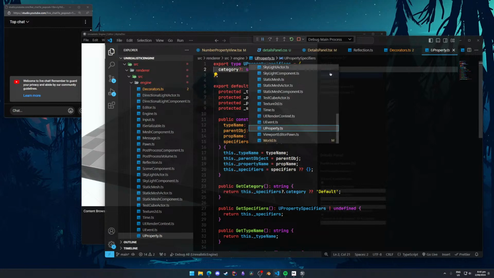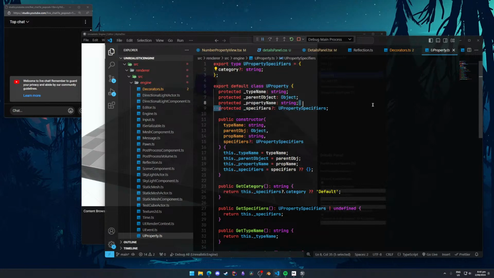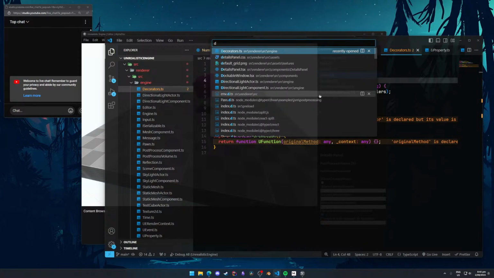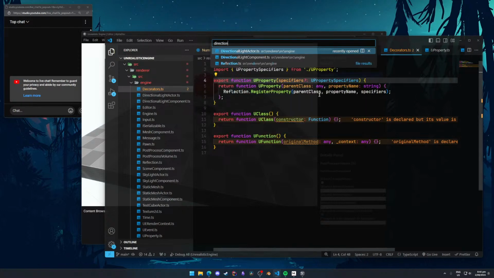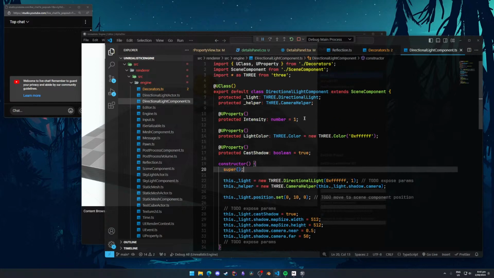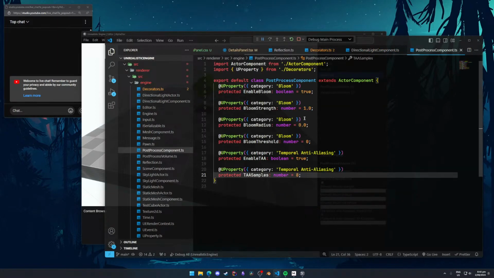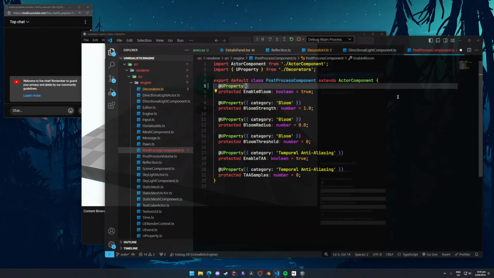So yeah, now it supports these specifiers on the property, and those basically look like maybe directional light. Nope, I think I did post-process component. Yeah, basically it looks like this. So you can still do just a normal property like this, but you can also now supply this object